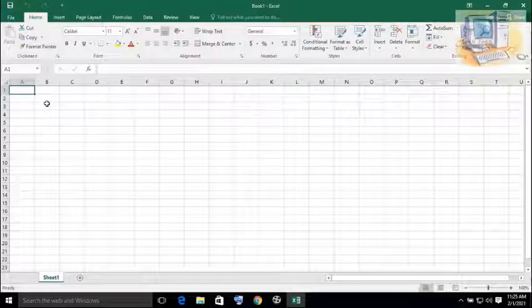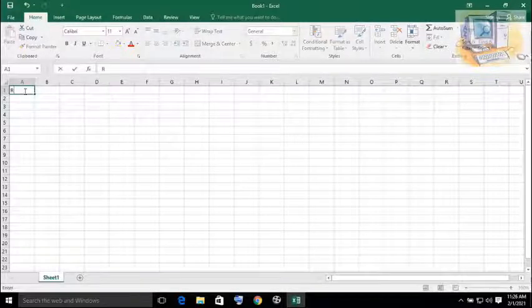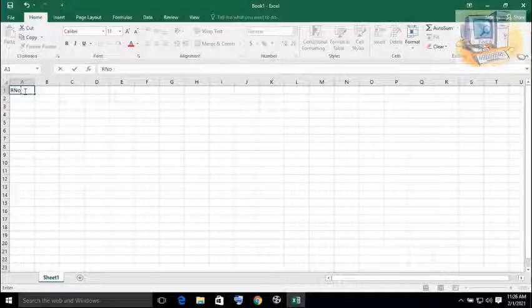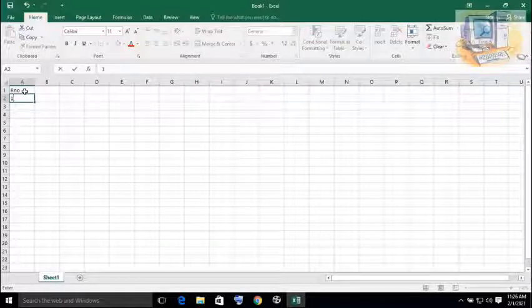Okay, first of all, how we can enter data in a spreadsheet. By default, Sheet 1 is open. You can just type through your keyboard, like roll number. If I want to input a series of numbers, I will just type the first number, that is 1, and